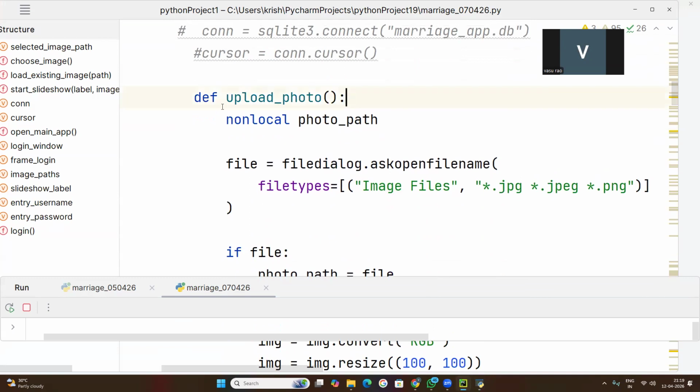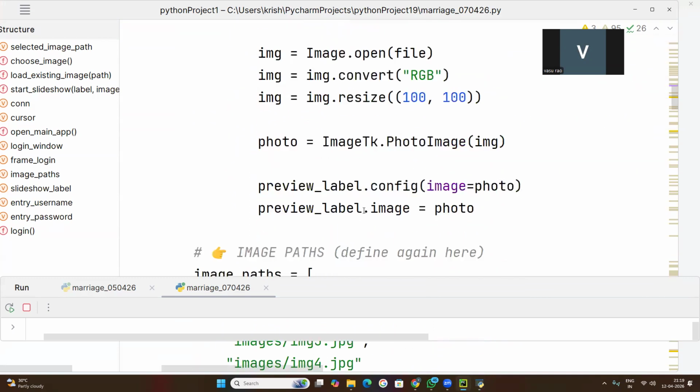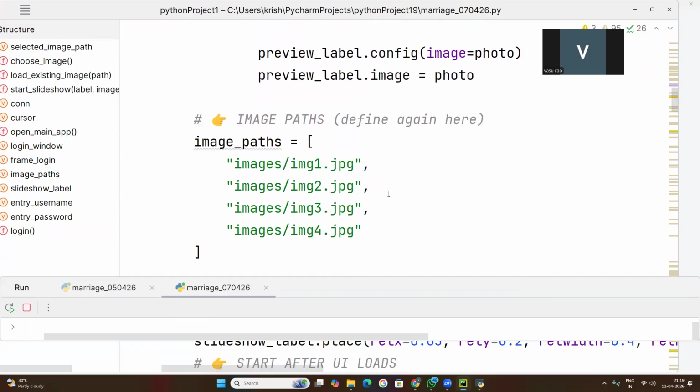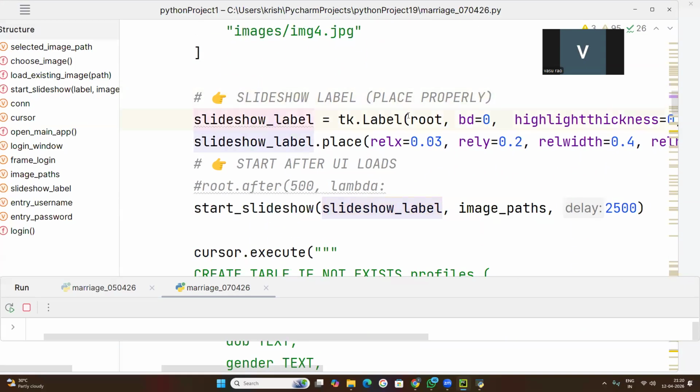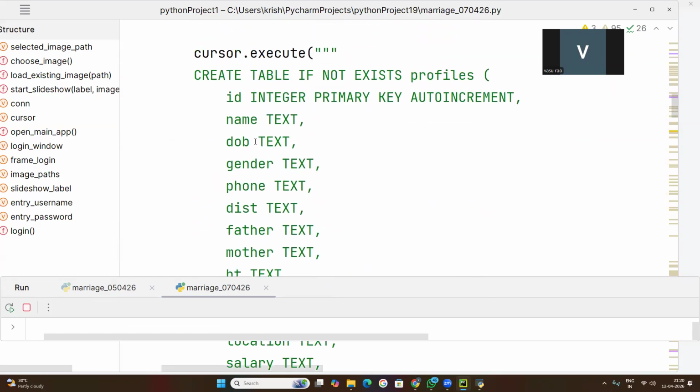Upload photo. This is one function. So many functions are created. Two photos, upload the photos. Slideshow, to start the slideshow. Okay. To create all the